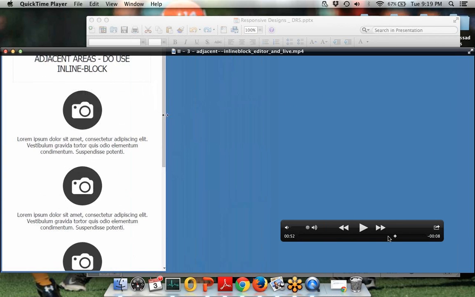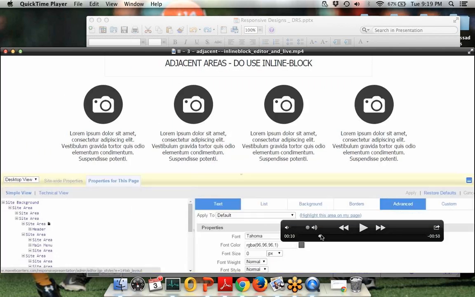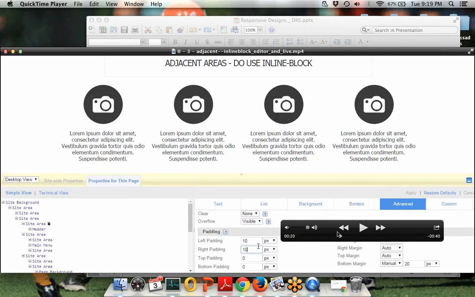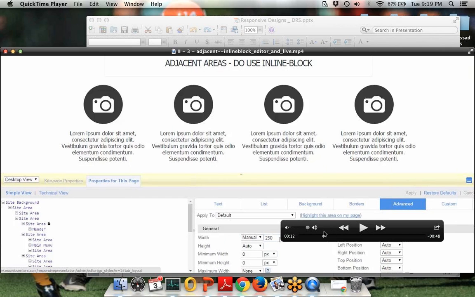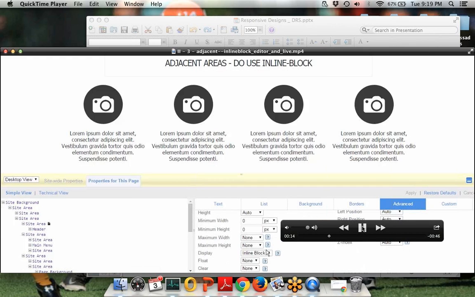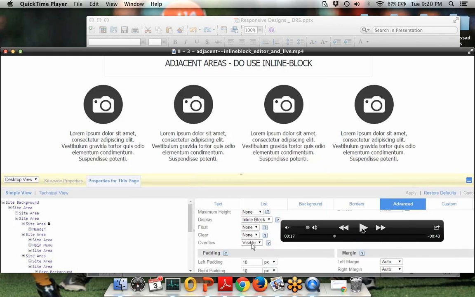Okay, so the same idea, just a different way to do it. And just to highlight something that was a little different is that you can set the width. We'll go over here. Width, padding, and margin should add up to slightly less than the available area. Okay, so you can actually use the different pixel percentages if you wanted to in the inline block, but you